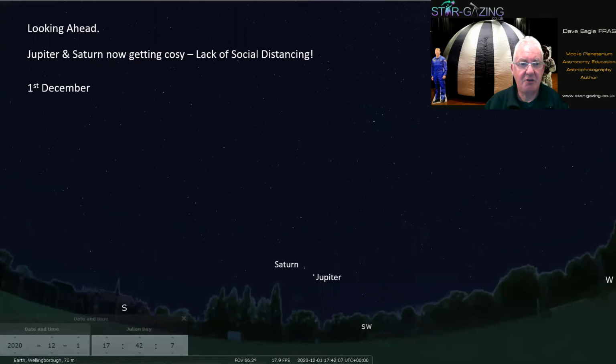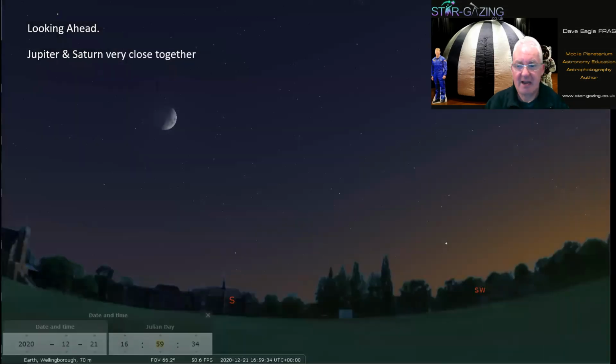And looking ahead, Jupiter and Saturn now getting cozy by the 1st of December. Here they are, you can see how much closer they are compared to what they were during September. So they are approaching as Jupiter overtakes Saturn. And then the last treat I have for you is on the 21st of December, when if you look over